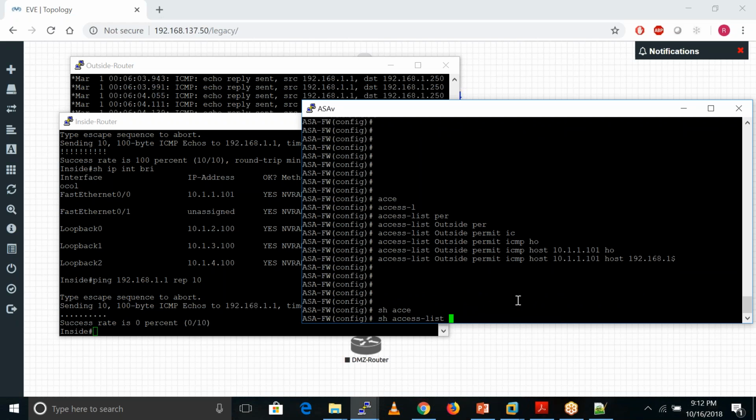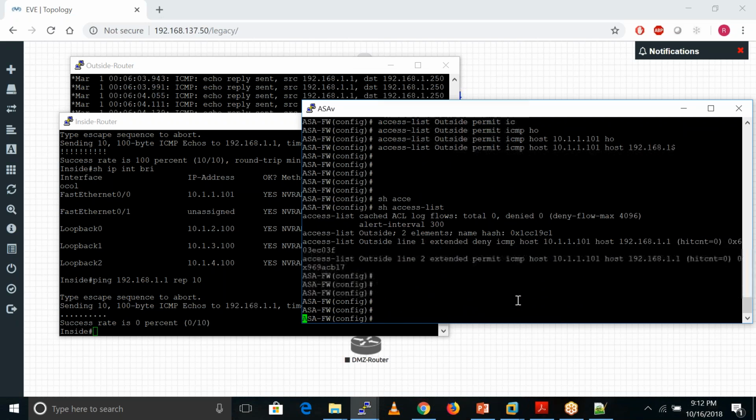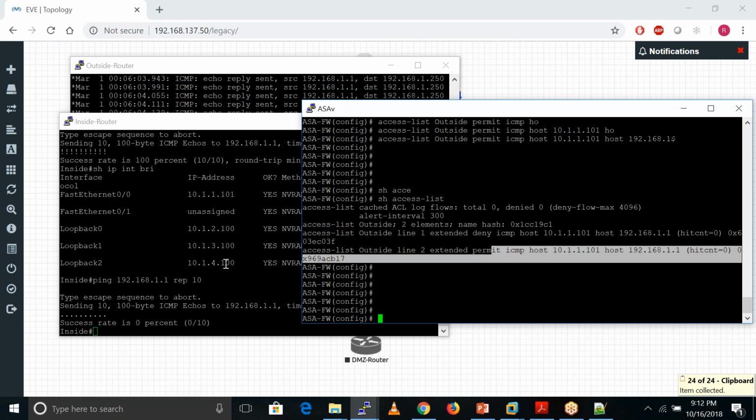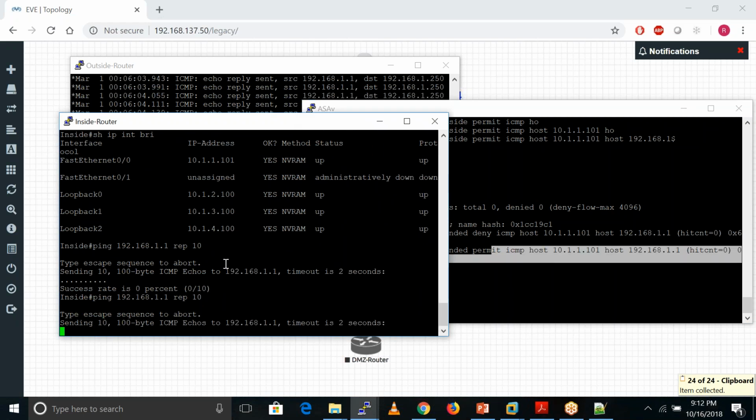So now you have a deny statement, and after that you have a permit statement. First this rule matches, and after that this rule. If I initiate a ping this time, I'm also not able to ping.